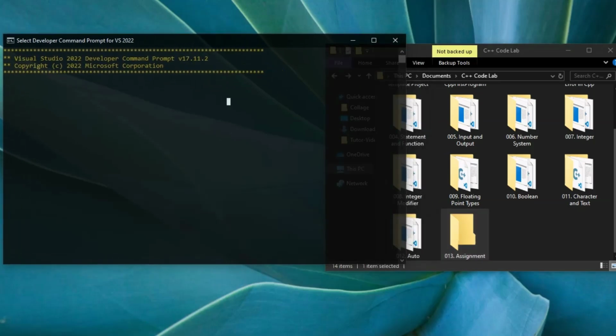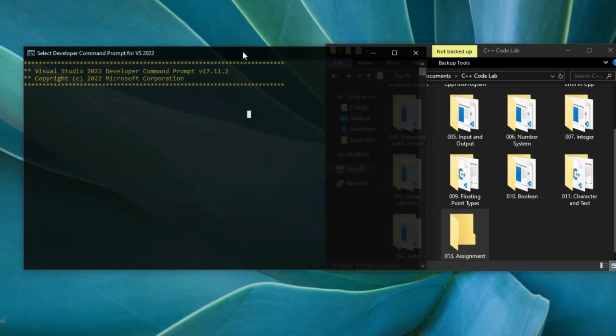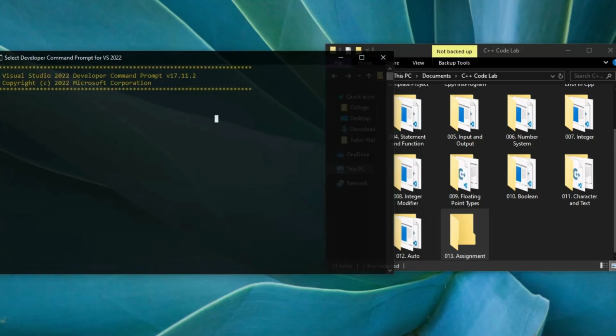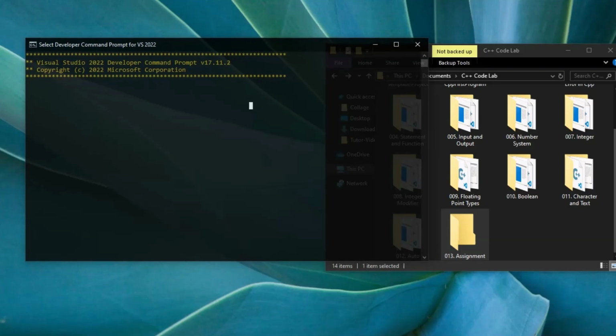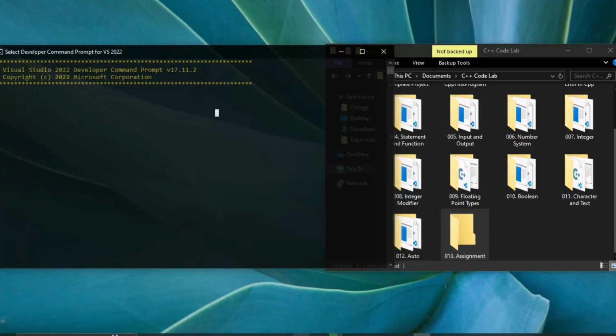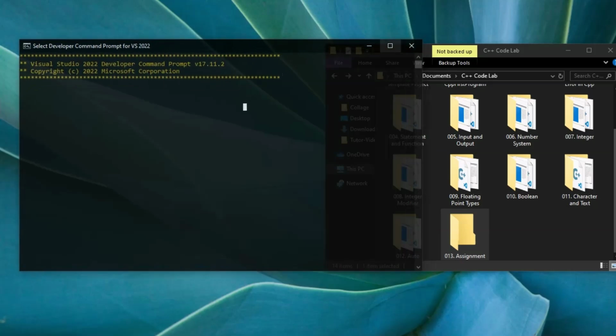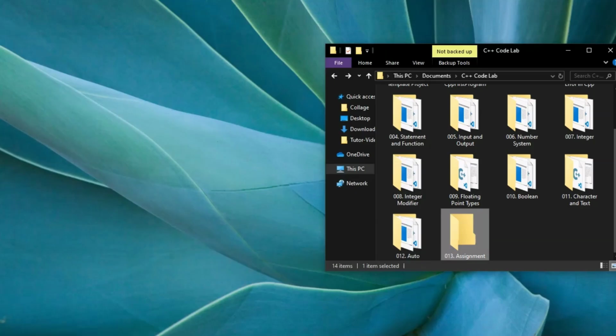From the start, you guys should know that we have been using three compilers, which are GCC, Clang, and MSVC, which is the Microsoft compiler. So if I don't use this particular one and just go in this one, I won't have access to the MSVC compiler. That's the reason why I'm trying to use this one, and we can ignore it if it's kind of slow for us. So we can just open